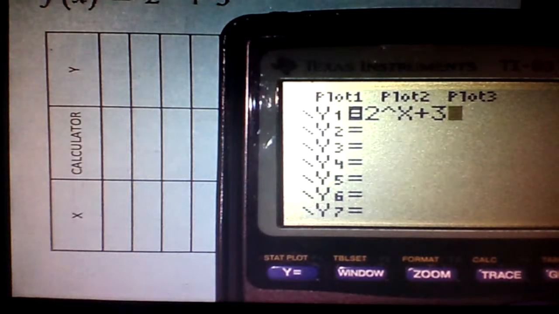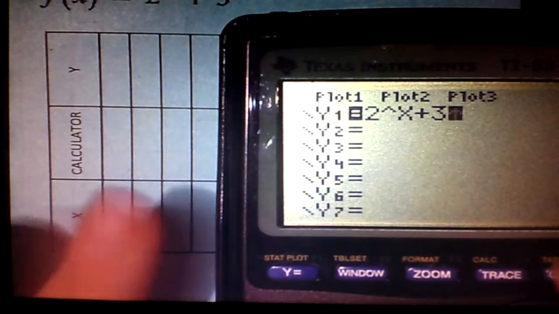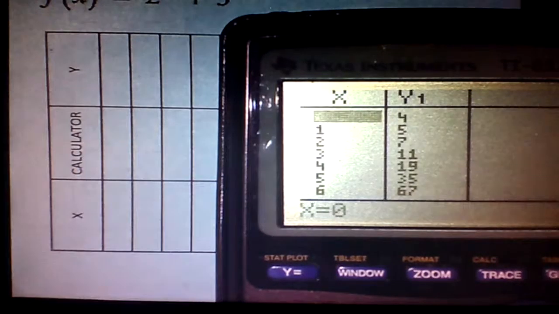Now when your calculator does this, it's going to do 2 raised to your exponent, get an answer, and then add 3 to that. Remember, order of operations says exponent happens first. So they'll take 2 and raise it to the exponent, and then they'll add 3. So when I go to my table this time, second graph,